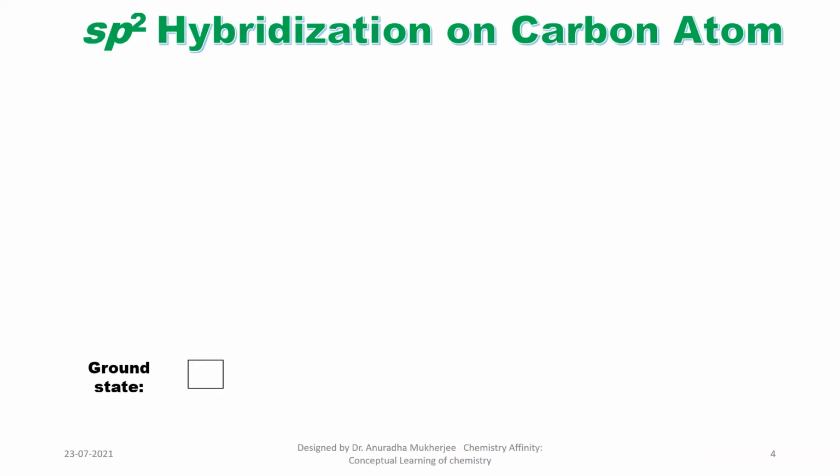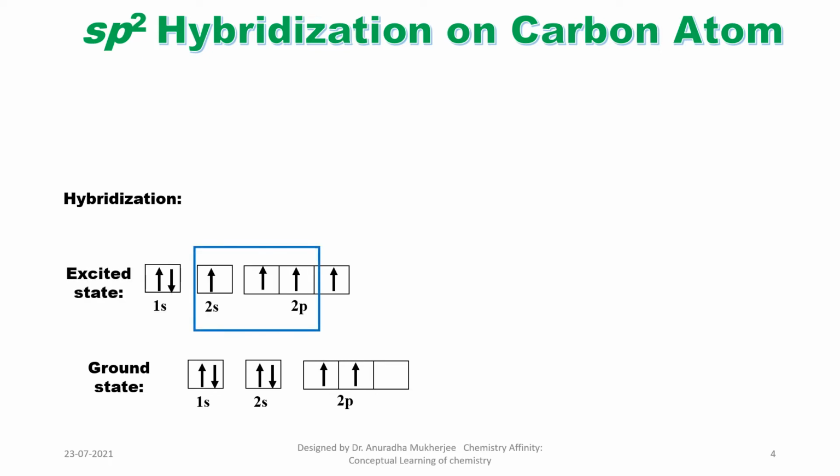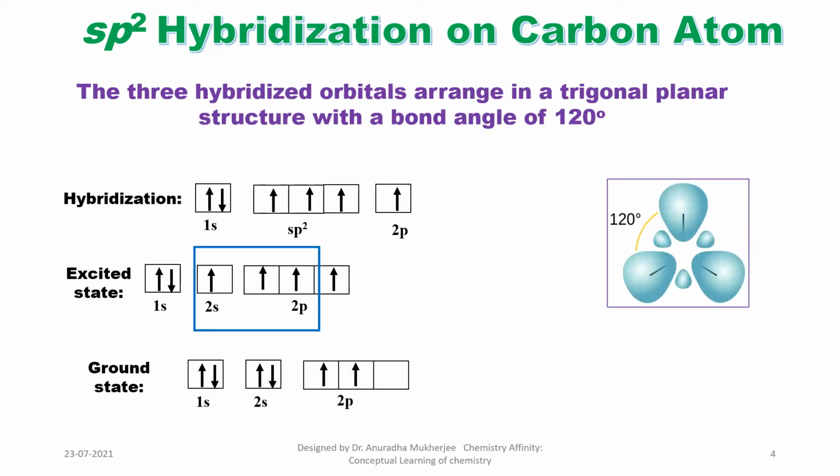Now I'm going to discuss sp2 hybridization on the carbon atom. We are all familiar with the electronic configuration of the ground state of carbon. Now in the excited state, what is going to happen? One electron from the 2s jumps to the empty p orbital. Now it is sp2 hybridization. That means one s and two p orbitals. Here I mean not the 1s, I'm talking about the one orbital from 2s. So that means the 2s and 2p orbitals